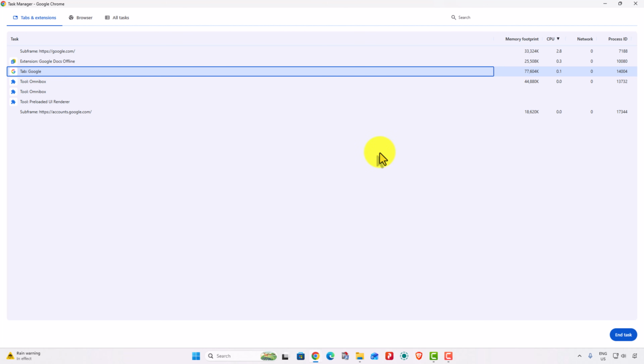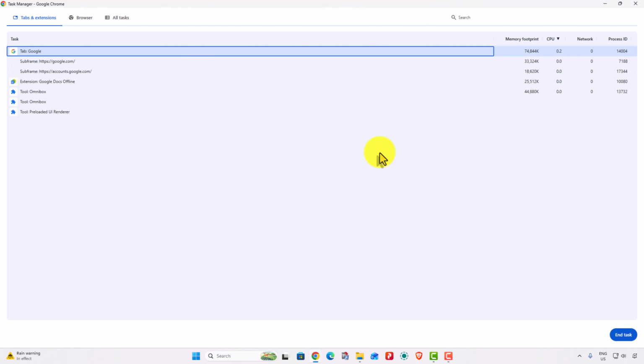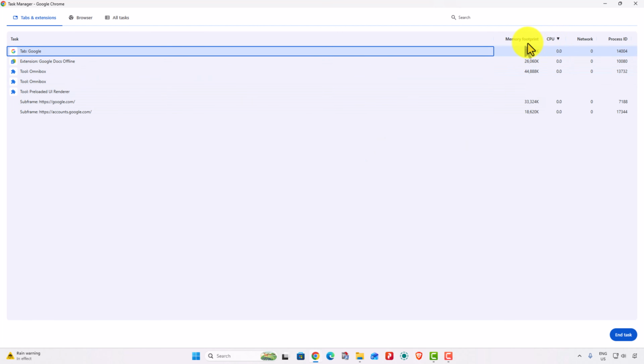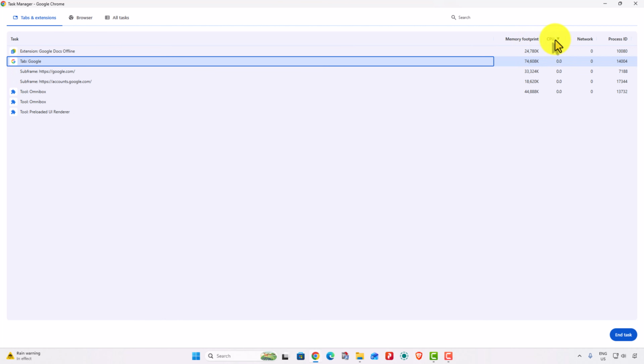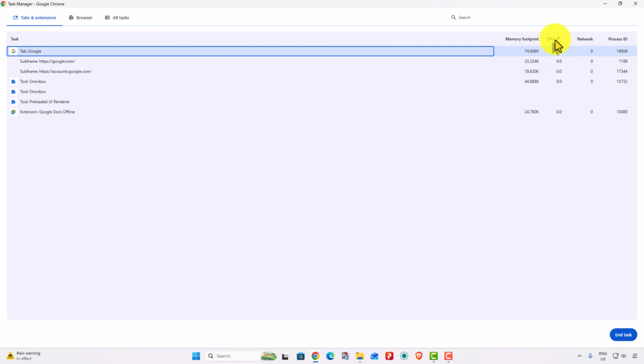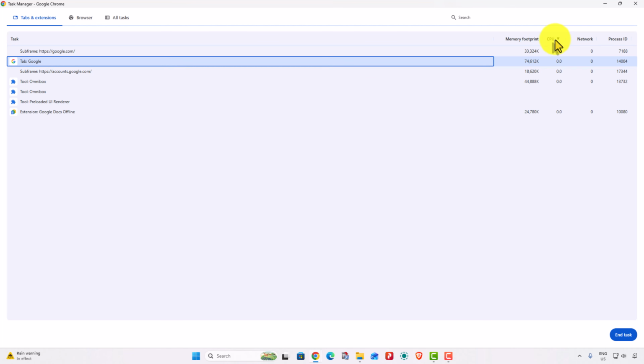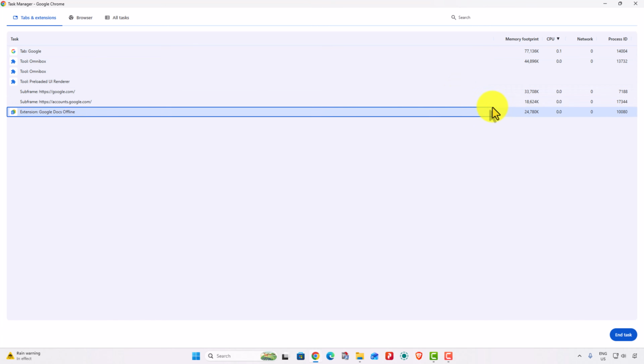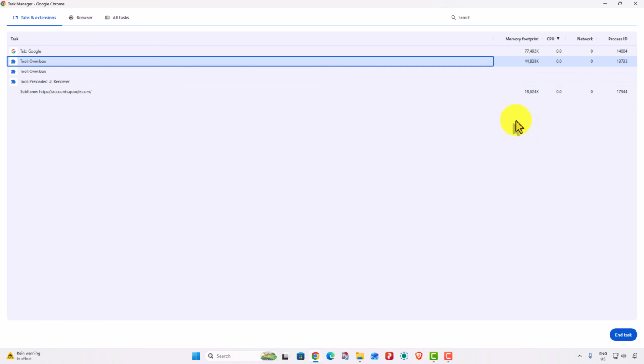Here you can look at the CPU and memory footprint. So here you can see that this is the CPU option, and here you can see that this is the memory footprint. If this increases unnecessarily, then you can end task for that particular extension or page. Okay, so friend, here you can see that this is my extension which is showing over here, and if you